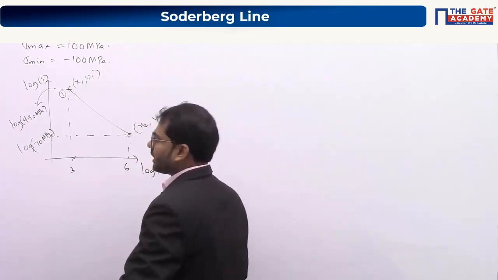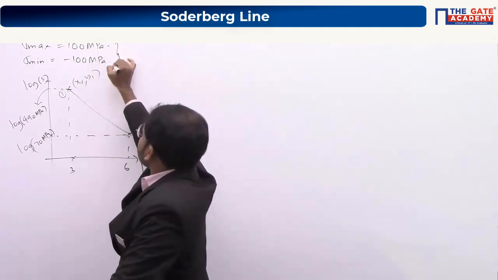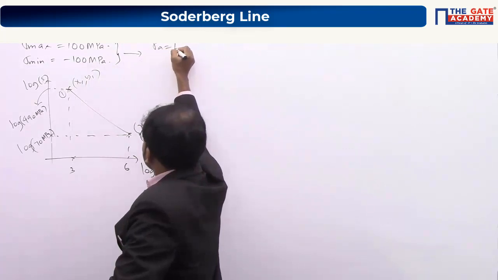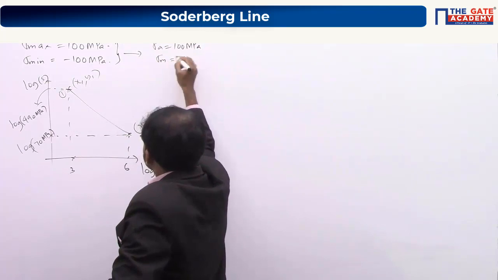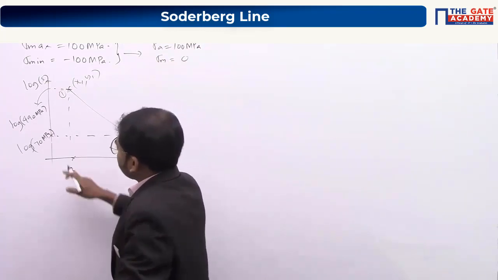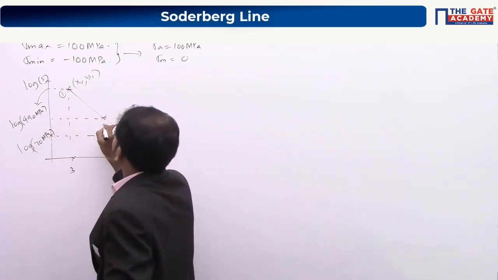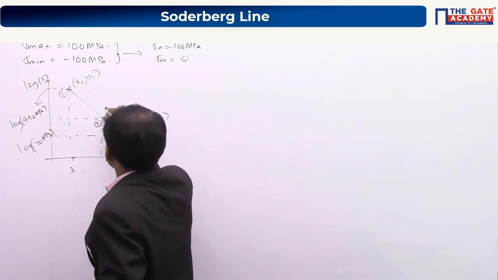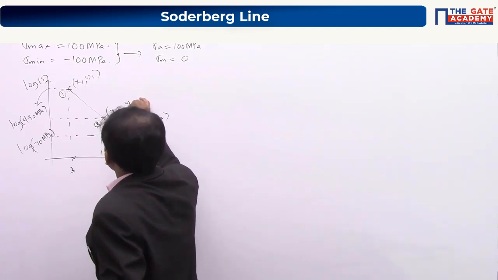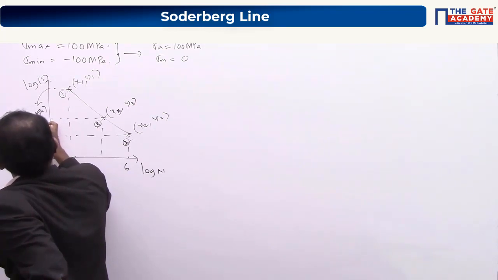So estimated shaft life will be, okay, so they are saying it is 100 megapascal. This gives you sigma A as 100 megapascal and sigma mean is equal to 0. So 100 megapascal will come between 490 and 70, somewhere else here. Okay. So this is the second point, and this is the third point here, x3 and y3. So this is log of 100 megapascal.